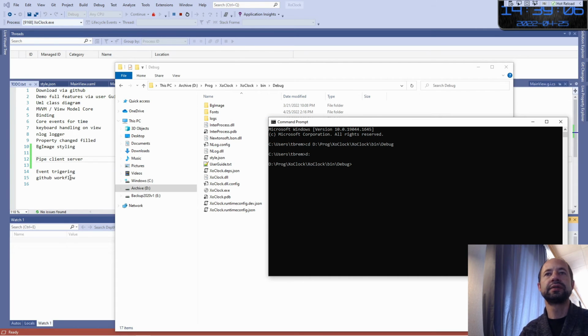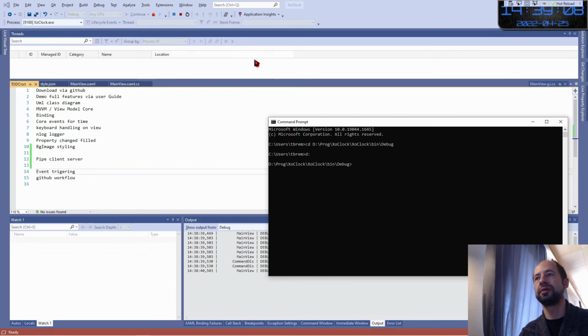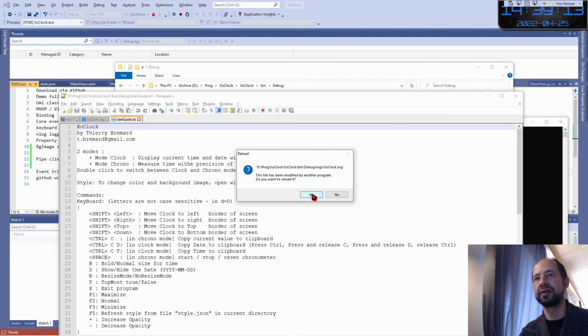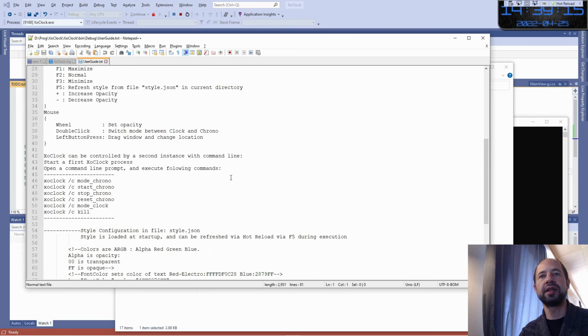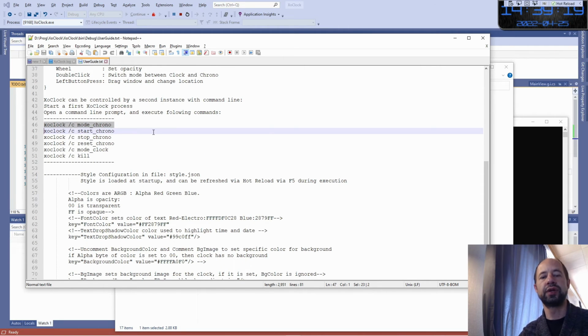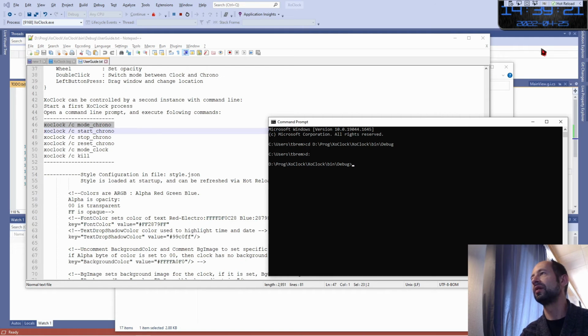For example, let's go to the user guide, and I want the mode chrono. So I want to set the clock C mode chrono.